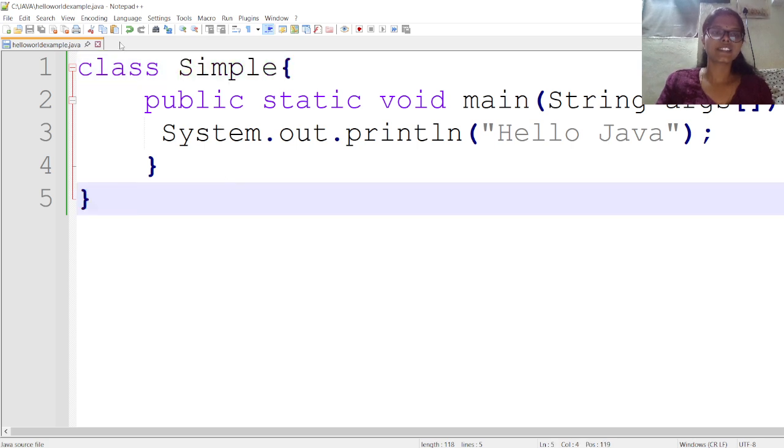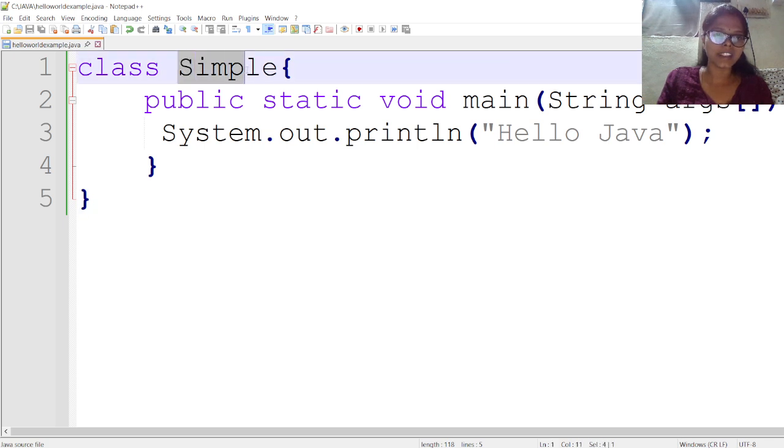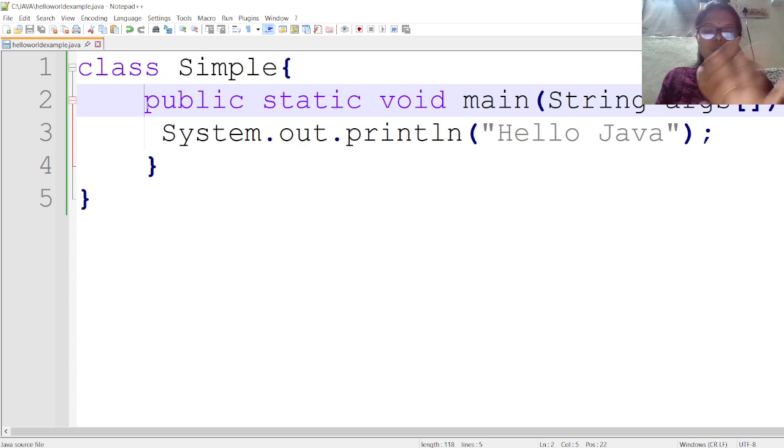Okay, next, I hope the first line is always the class name. The class name can be anything. Class is a keyword. Okay, what is a class, I will tell you in the next class, when we are discussing object oriented programming, then you will get to know what a class is. First remember, a Java program will always start with a class name.